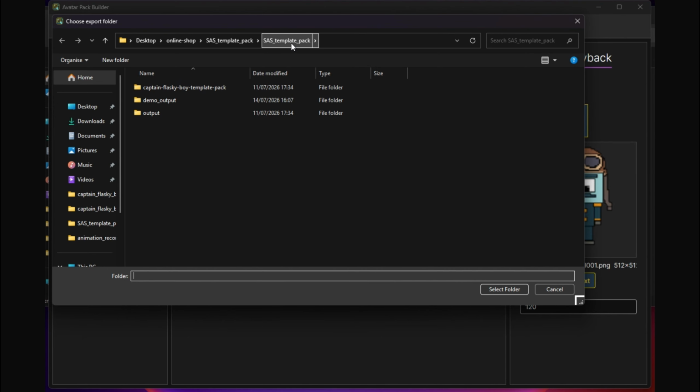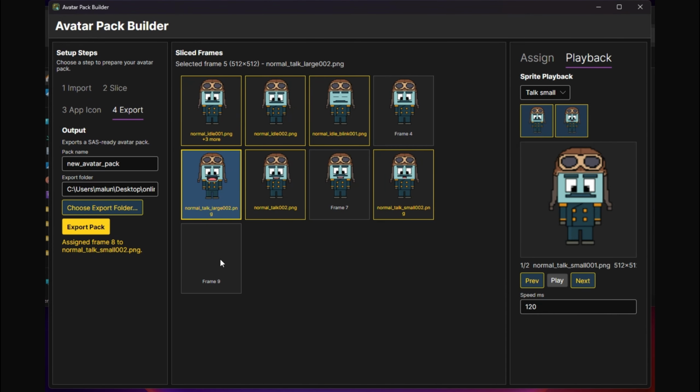Before you click export, make sure you've selected an appropriate output folder. It's also a good idea to give your pack a meaningful name. For example, I've named mine CFB Avatar Pack. Once you're ready, click Export, assign the animations you've configured, and generate your completed SAS avatar pack ready to use